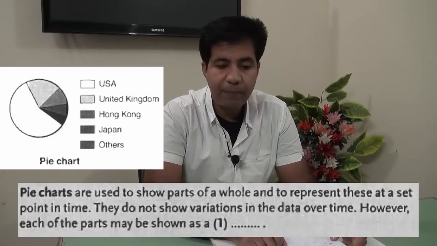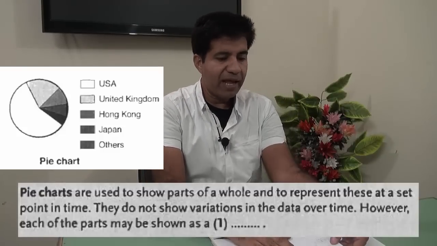Okay, look at the chart, the graph and the table on the previous page, and then complete the summary below using words from the box. Now those of you who are using the handout, you will use 2 pages. You have to go back and forth. Now please take a look at the pie chart. I'll show you the pie chart there. You can put this paper like this.